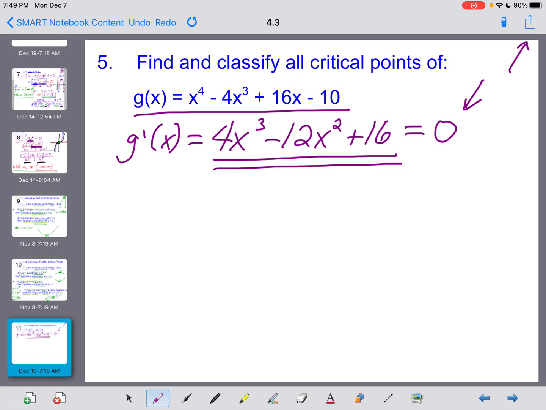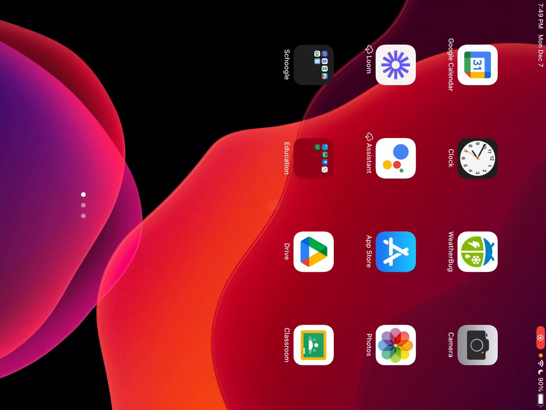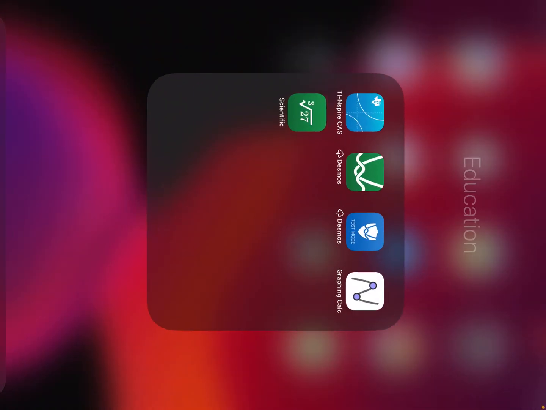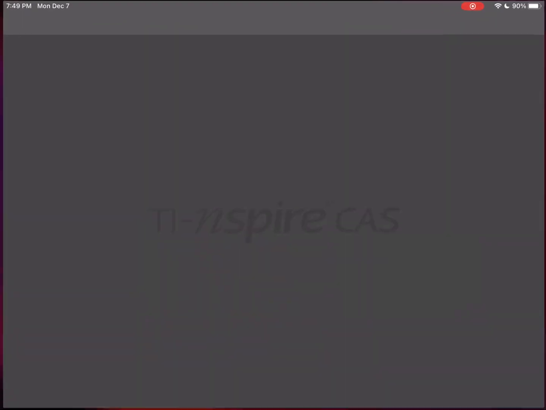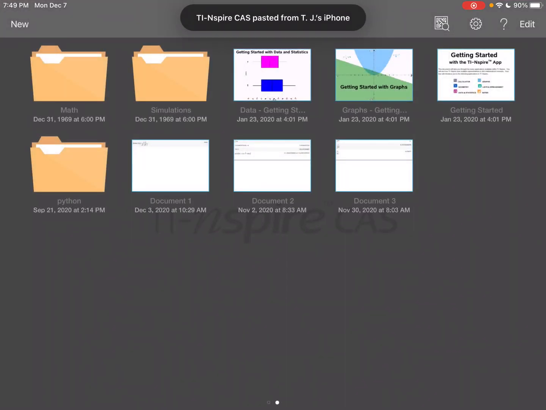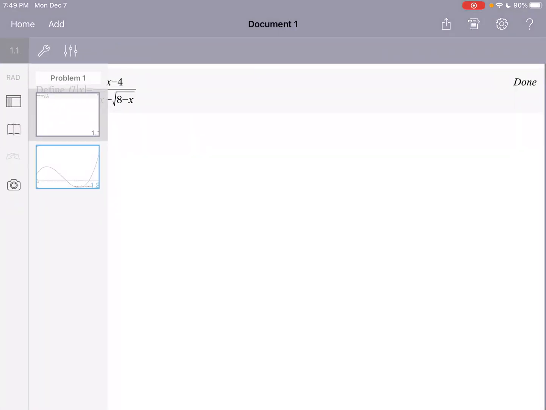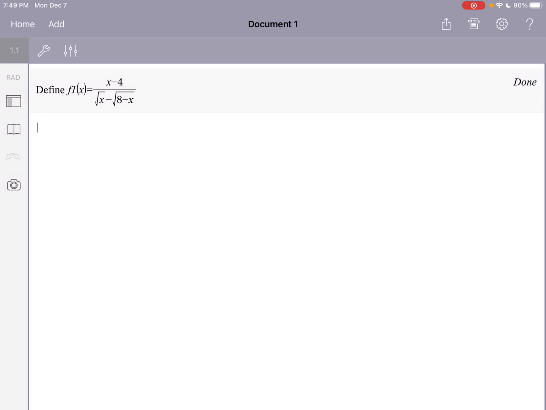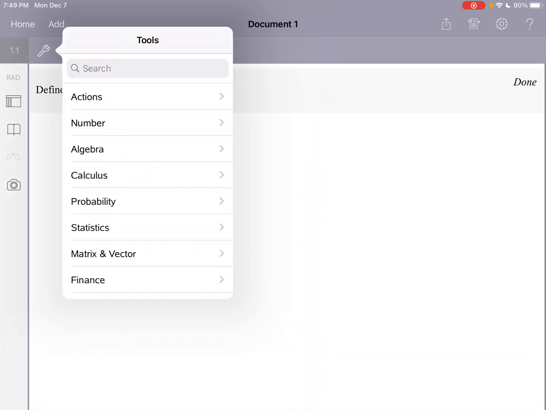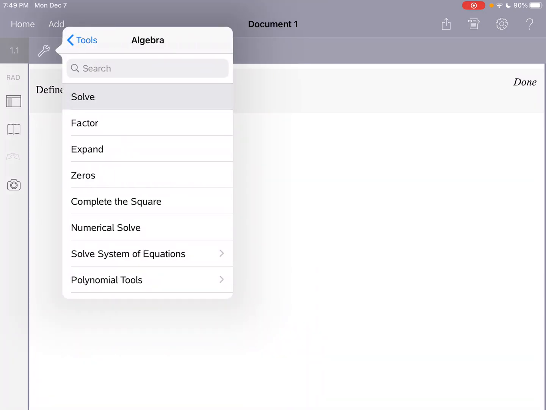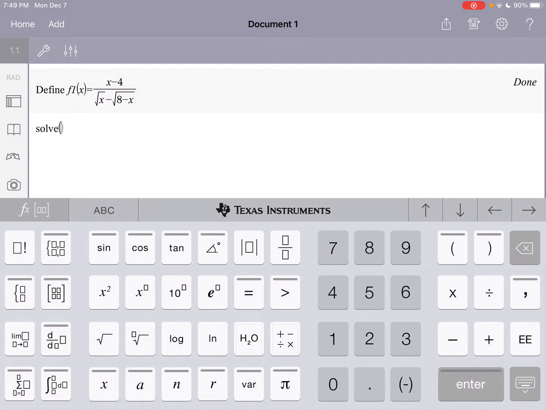Now, the good news that I have for you all is that solving cubic polynomials by hand is not something that we do much, if at all, of. So I'm going to go to my Inspire app, guys, just like I would expect you guys to do, and we're going to go ahead and use that to solve this equation right here. I'm going to go to Tools. You guys would hit Menu, and I'll go to Algebra and number 1, and we're going to solve this equation here,